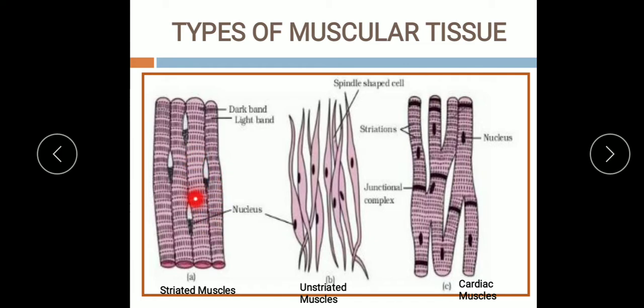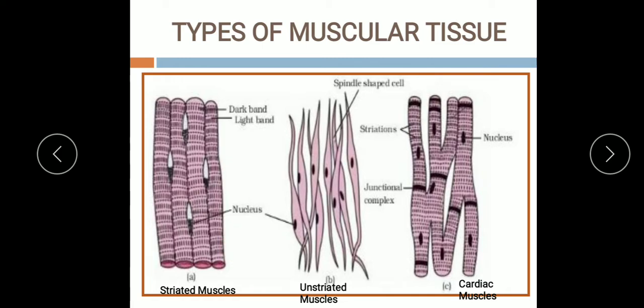And where are they present? They are present in the body wall, our arms, legs, tongue, face, neck. All these regions or organs are the ones we move when we want. So that is why their movement is under our will. So we call these the voluntary muscles. And these muscles constitute about 50% of our body weight. So understood, children? Striated muscle.